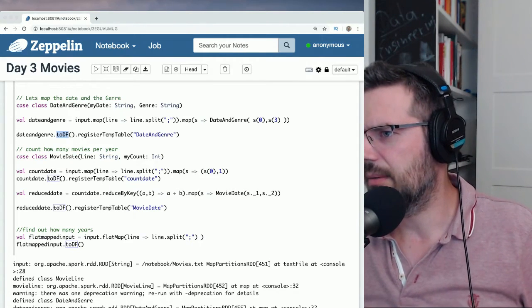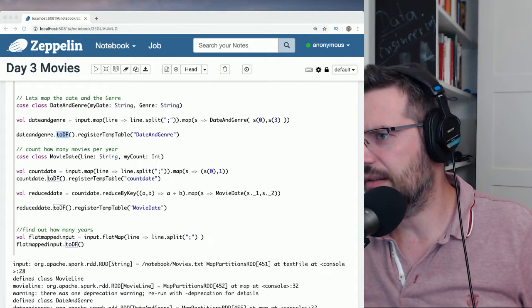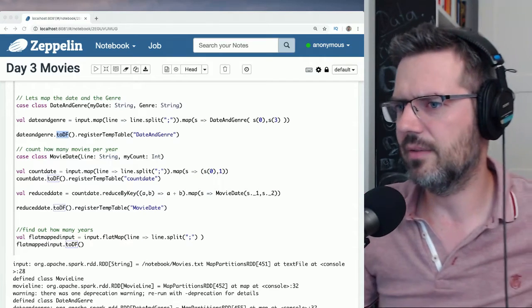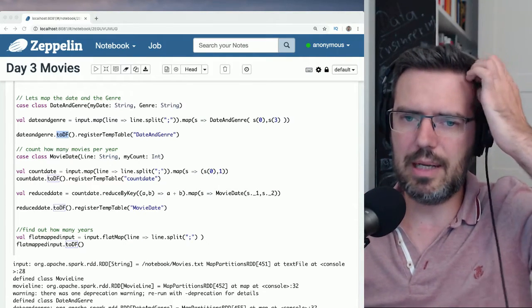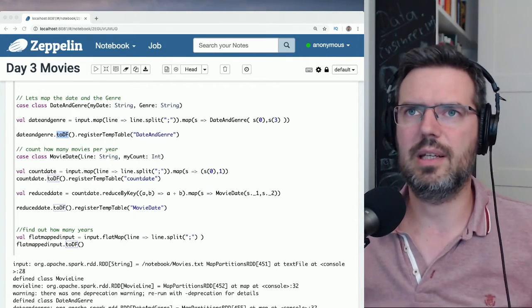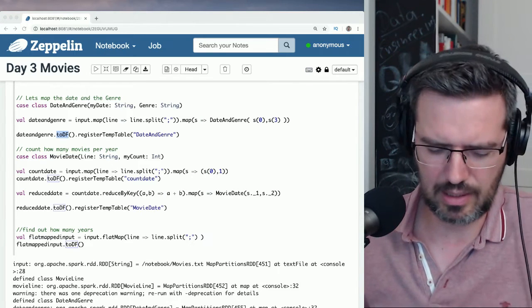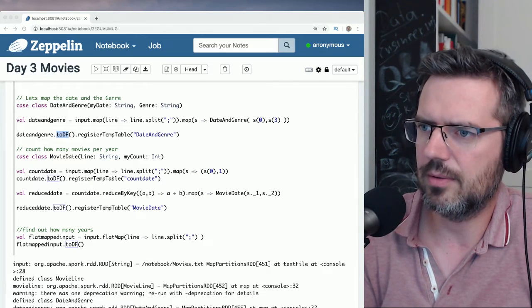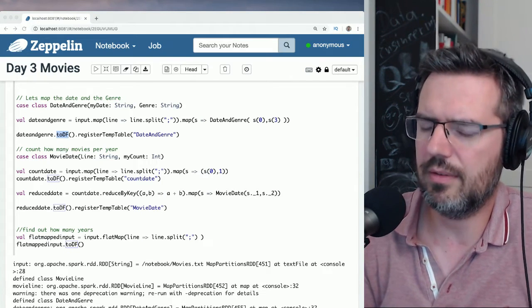I'm wondering, guys, how many of you have a very good understanding of how map and reduce works? How many of you have this down, or who's having some problems here?